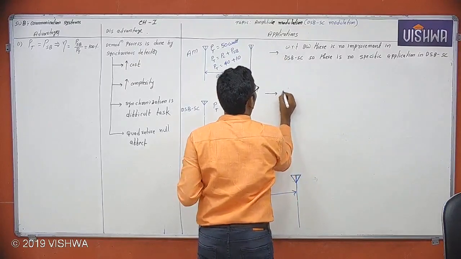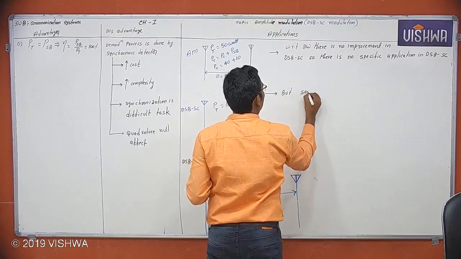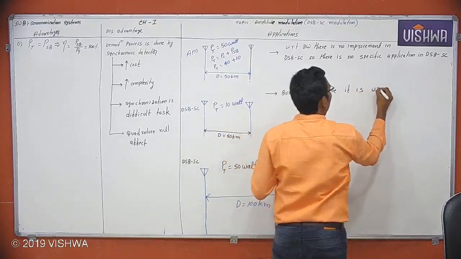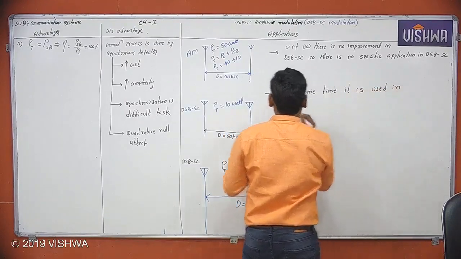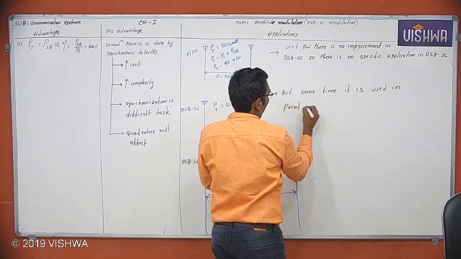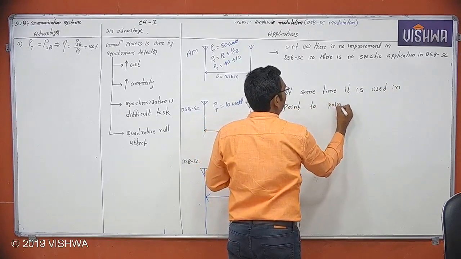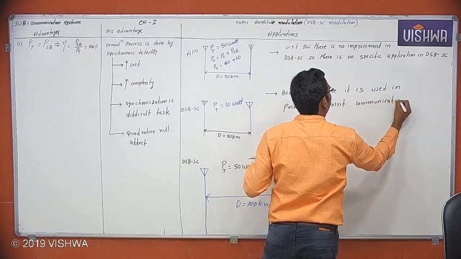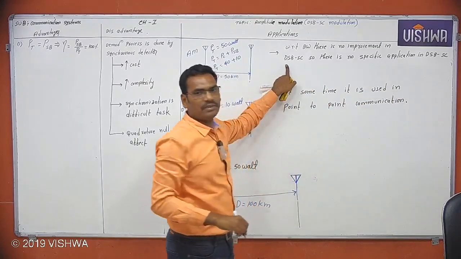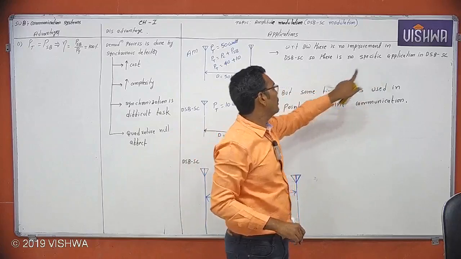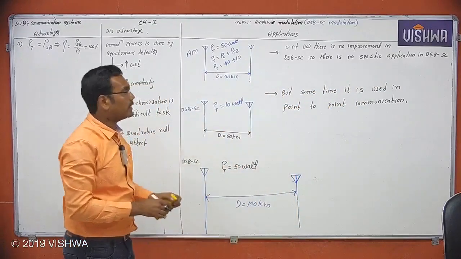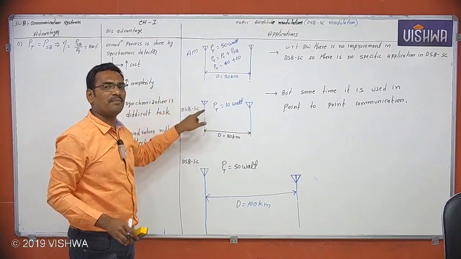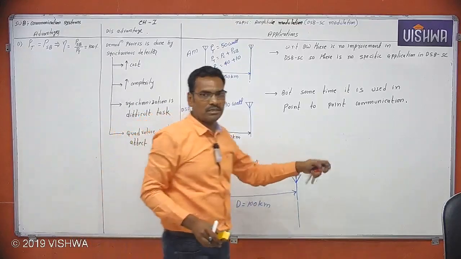But sometimes it is used in point-to-point communication. The reason behind that point-to-point communication, but this is main with respect to bandwidth, there is no specific improvement, but sometimes it is used in point-to-point communication. The purpose is that the same distance will be covered by less power. If you use the same power which is used in AM, it will cover more distance. Okay,